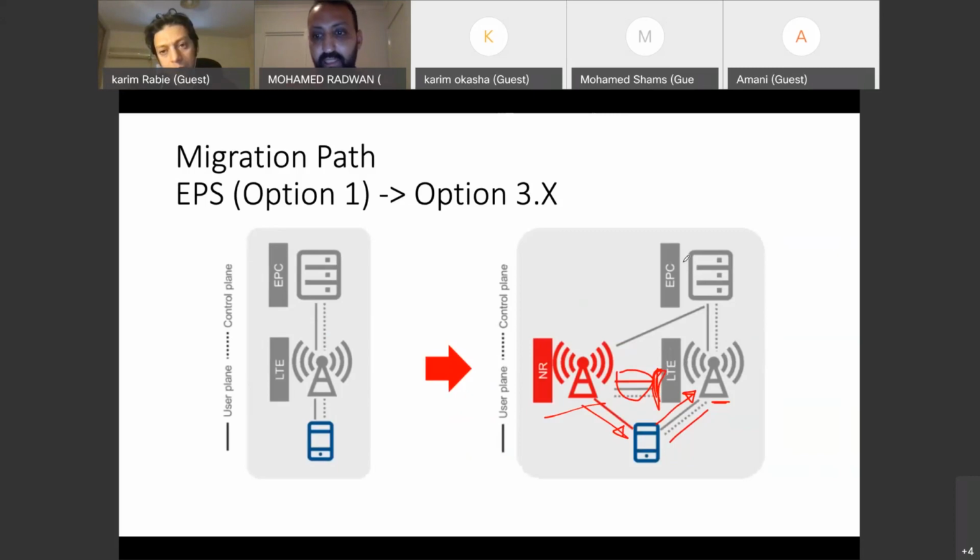Another question came from Khalis: in case of option 3, where we have dual connectivity of 5G and 4G, can we still use CSFB? No, CS fallback is not there. So there is no 5G to 3G CS fallback or 5G to 2G fallback. But if you are covered in 4G coverage, then all the 4G principles apply. But in the case of dual connectivity, the direction is either you go for voice over LTE, so you have the bearer through the 4G, or you have the voice over new radio through the 5G. But there is no CS fallback.